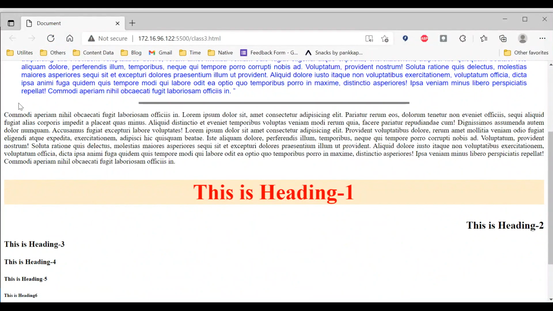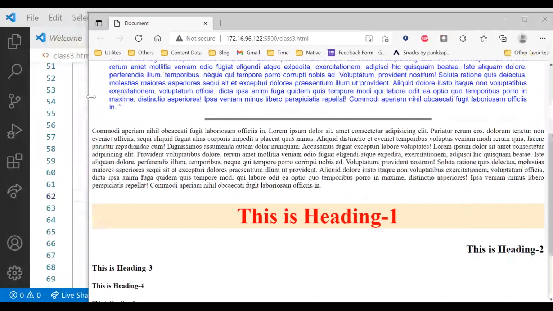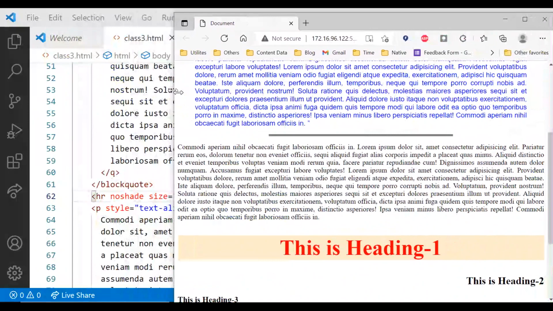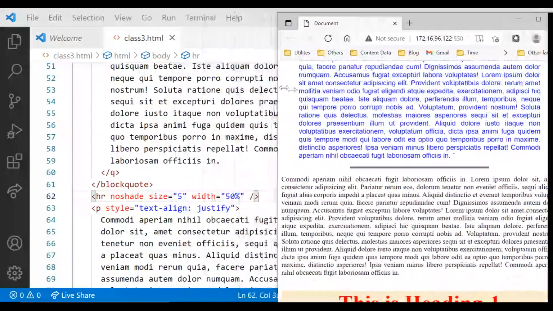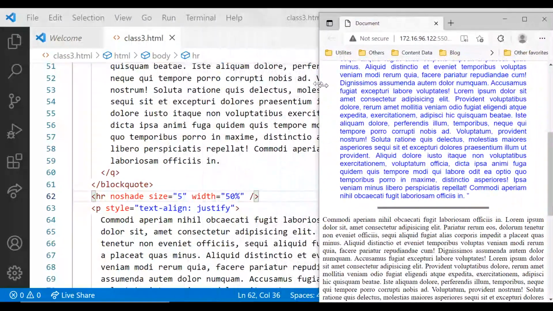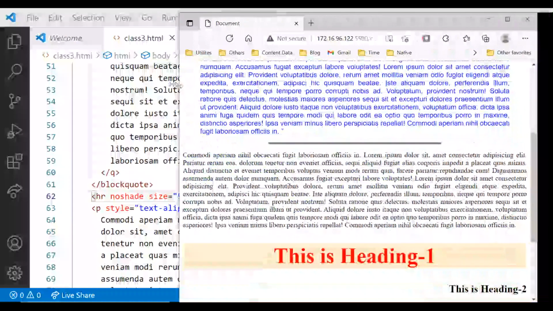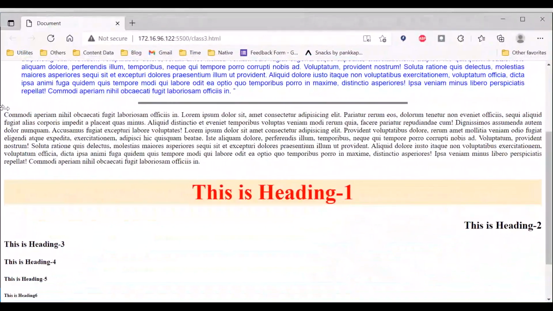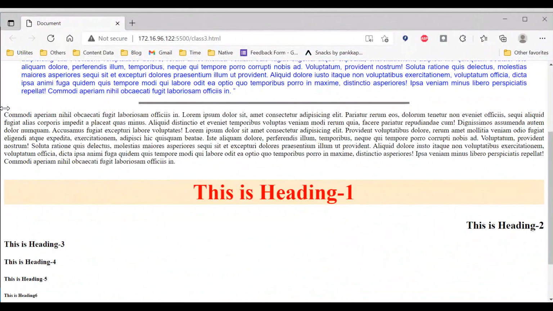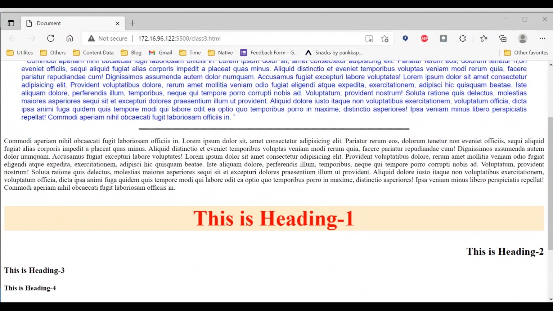If I try to reduce the width, it will automatically take 50% of the entire width. So generally we prefer to use percent instead of a constant value in pixels. I'll discuss more about responsiveness with CSS units and different graphical units in the coming classes, but for the purpose of this explanation I'm giving 50%.